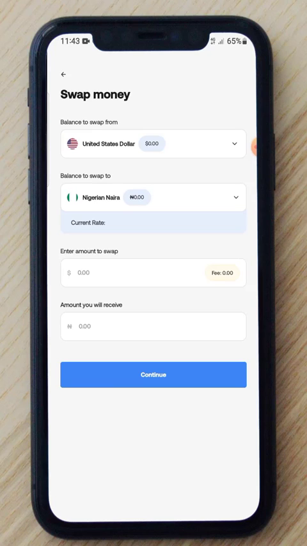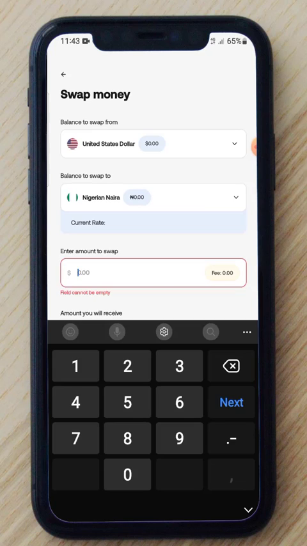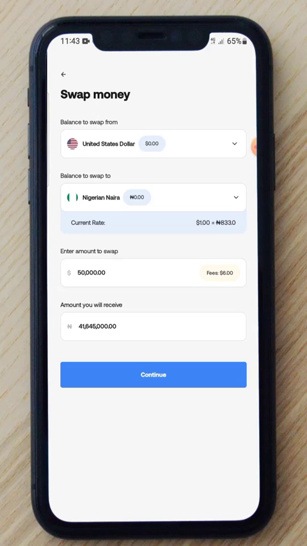Once you click on the amount you want to swap, and let's say I click on $50,000, it's telling me that this $50,000 is going to be equivalent to 41 million naira. So that's the amount I'm going to be swapping into my account. Once I am done with that, I'll just click on continue. Once it's done, I'll just go back to my